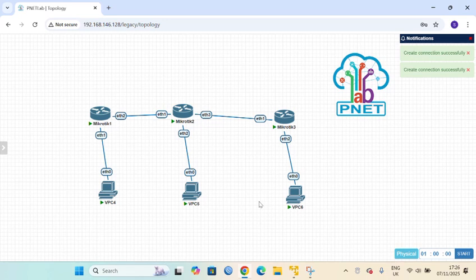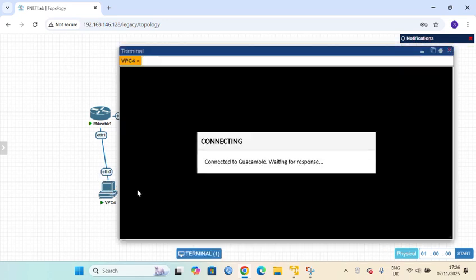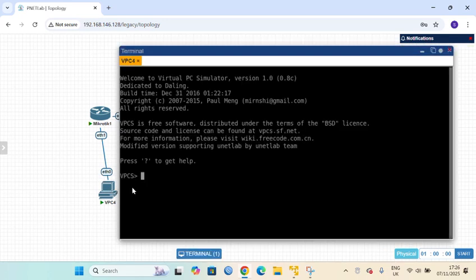Okay, after making the topology, first we will set the IP of PC1. We will set the name. The rule is set PC name PC1. Enter.